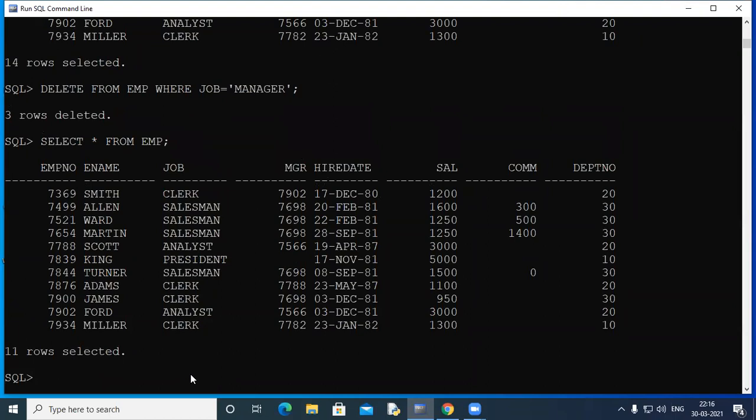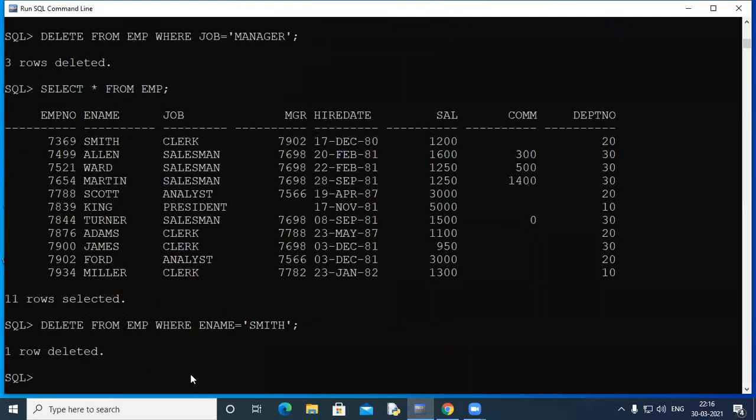Then I can do another thing. I can again say delete from EMP where ename equal to, say, Smith. So another row is deleted.